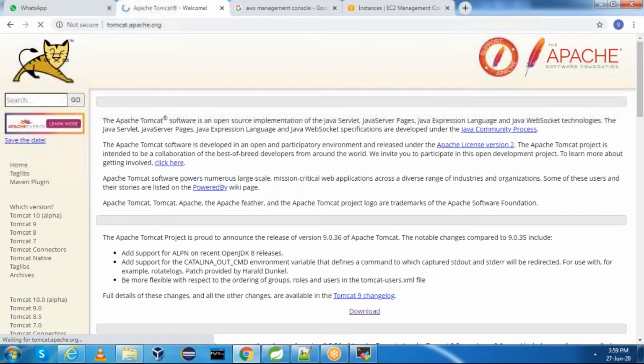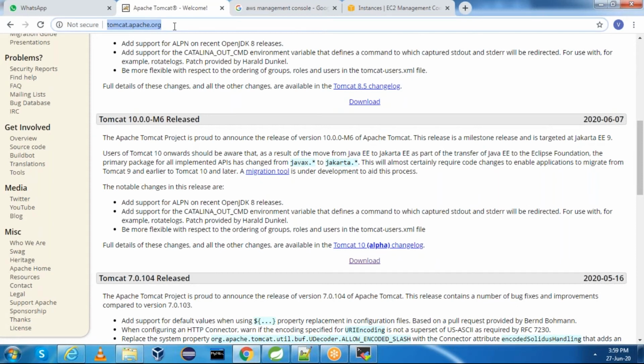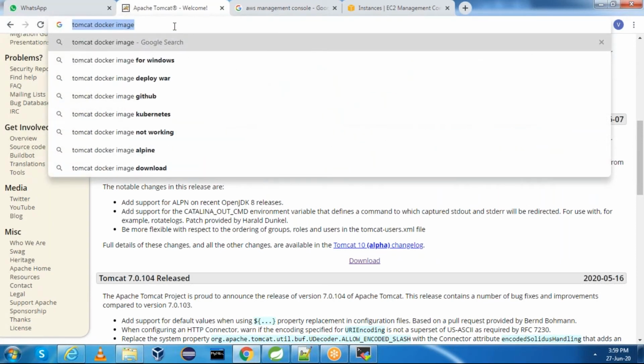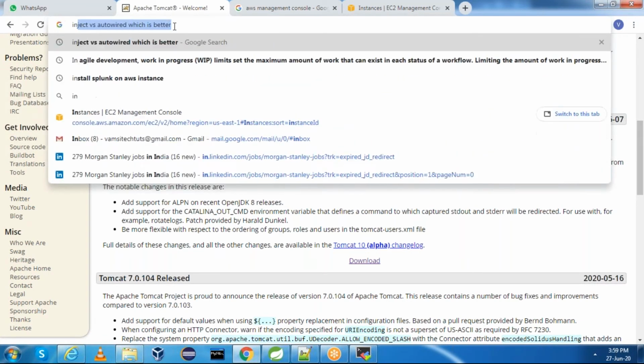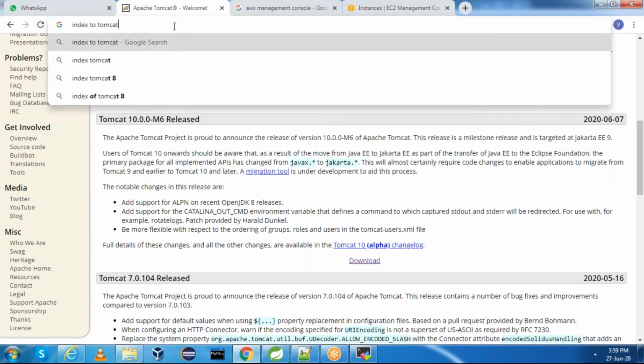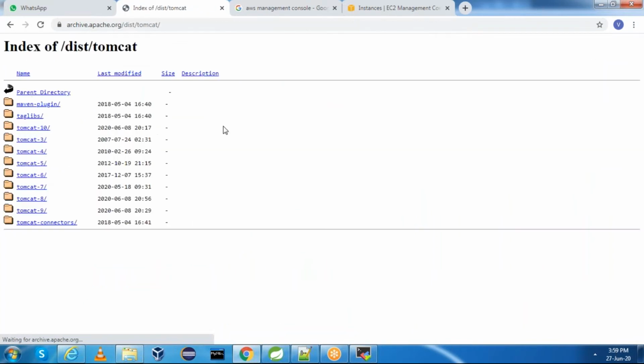Apache Tomcat. Or we can say index of Tomcat. Click on index of Tomcat, and you have Tomcat 10.